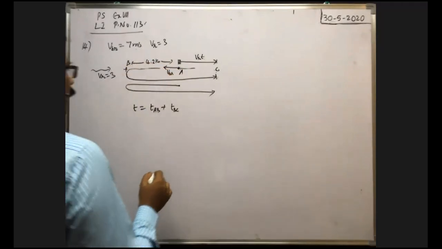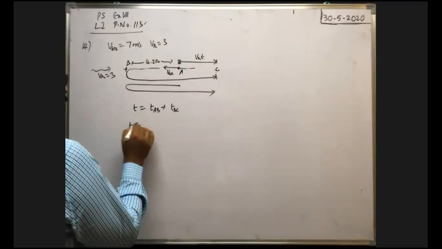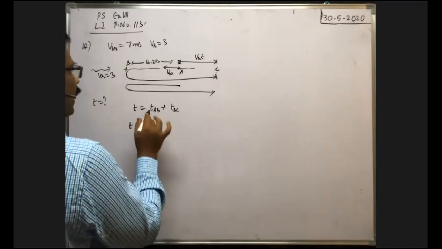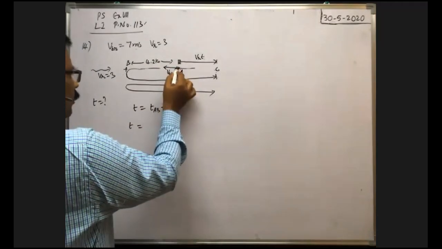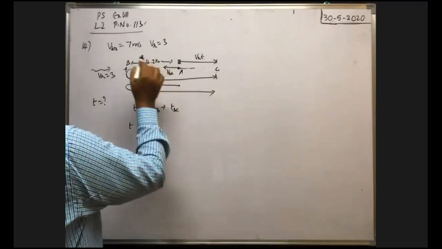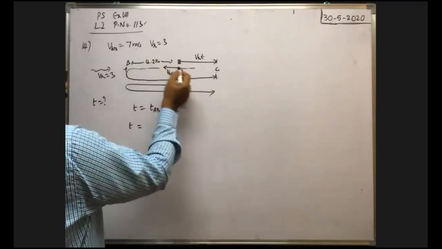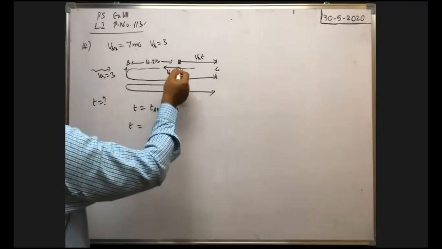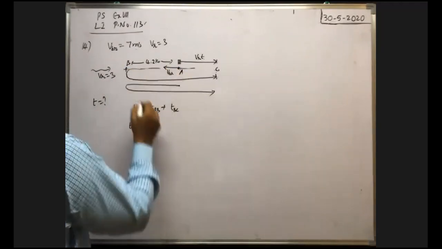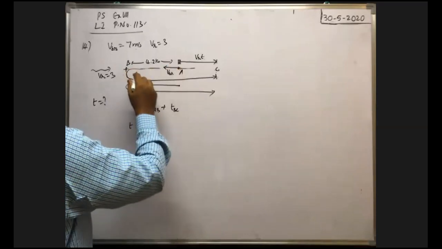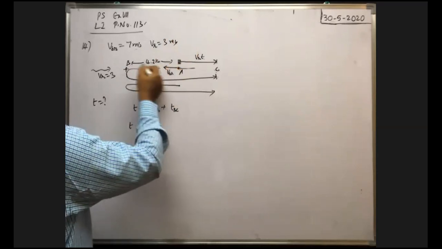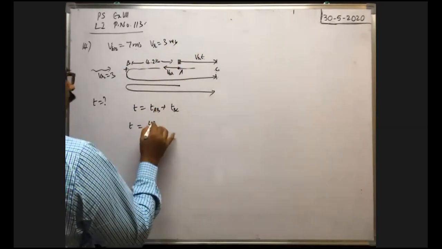Okay. Now T is equal to T. We have to find T here. The question is T. T is equal to question mark. TAB is the time taken by the ship or boat to travel from A to B through this distance. That means distance by speed of the boat gives time taken, no? To travel from this point to this point, they travel upstream. To travel this much distance, as velocities are given in meter per second, you convert this also into meter. 4.2 kilometer means 4200 meter, no?